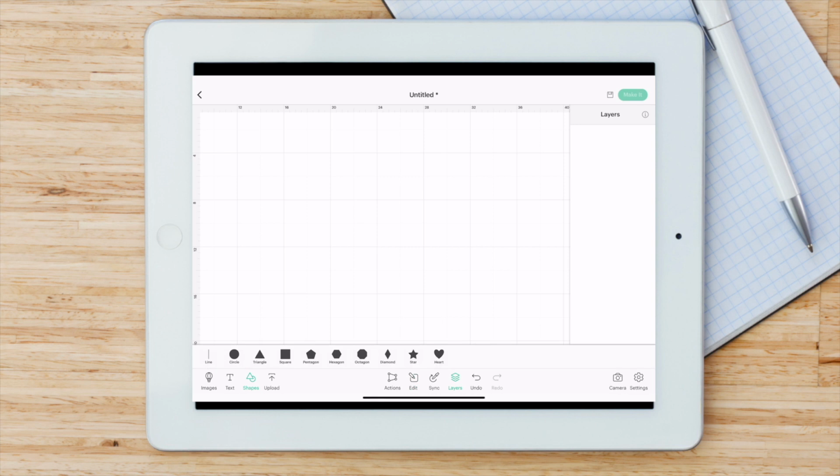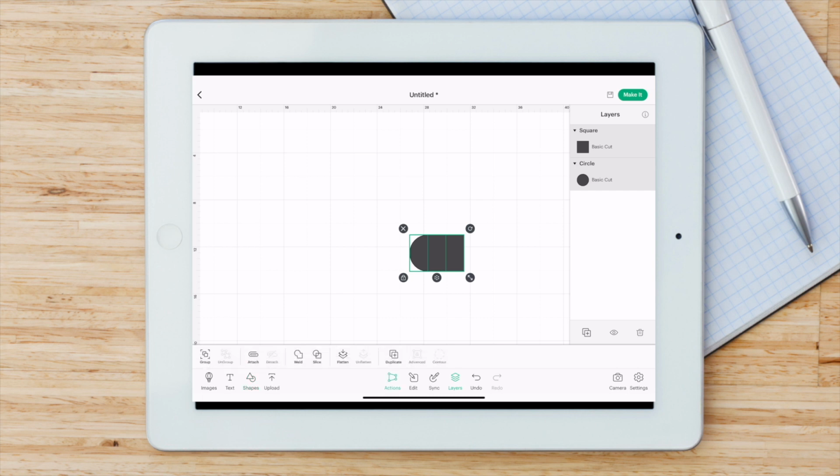So I'm going to come down here and bring in two shapes. So I'm going to grab me a circle here, and then I'm going to grab me a square. I'm going to line these up. Once again, you can see with those tools there, we can get a precise lineup. I'm going to select them both, and then I'm going to come right over here to actions, and I'm going to hit slice. So what this is going to do is slice this in half. I could delete these pieces, and now I have a half a circle. So that's how easy it is to use your slice feature.